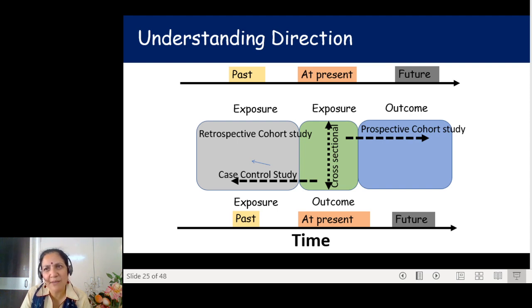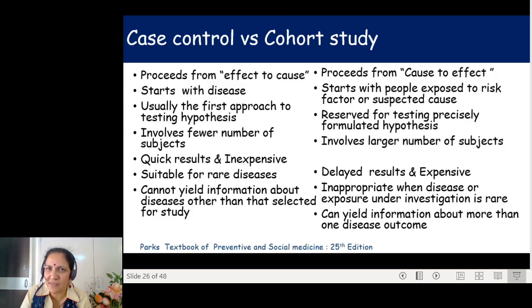Normally, most of the time it is a prospective cohort study. In a retrospective cohort study, there is a historical cohort for which we have information related to the exposures. They are followed up in the present. So such a study can also be known as a historical cohort study. Here the information related to exposure is already recorded. The information is already there. So that type of study is a retrospective cohort study.